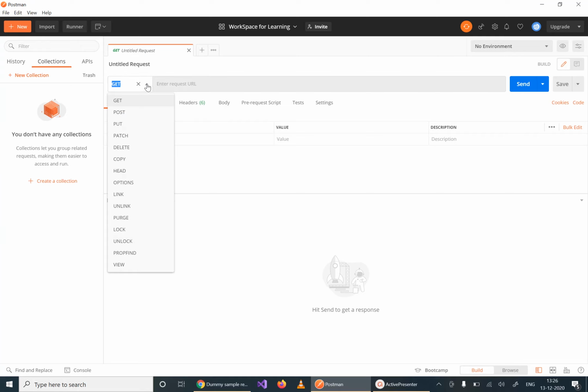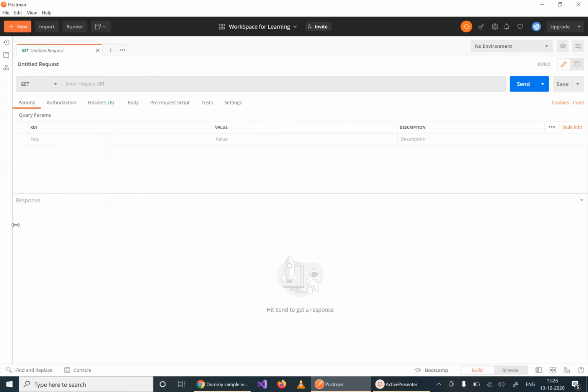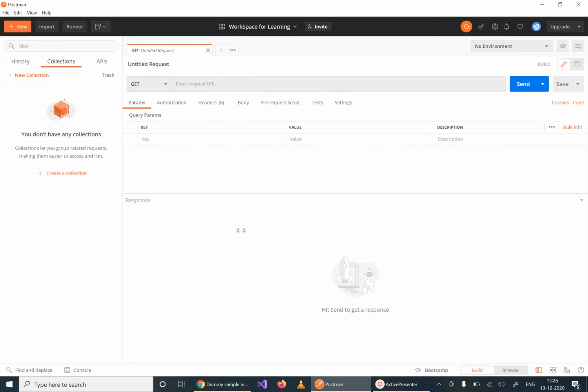Here you can see the HTTP methods. We normally use only these four: get, post, put, and delete. So here you will get the response, where you can see what the response is and all. Now by clicking on this, you can hide your sidebar or display your sidebar. And now let's